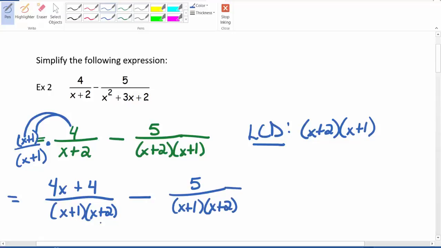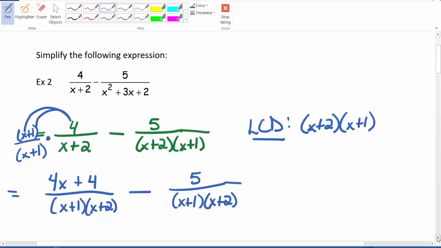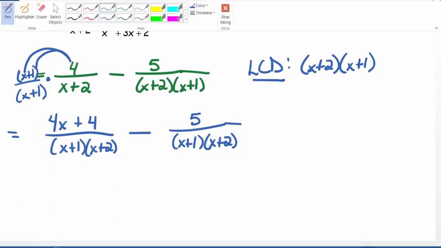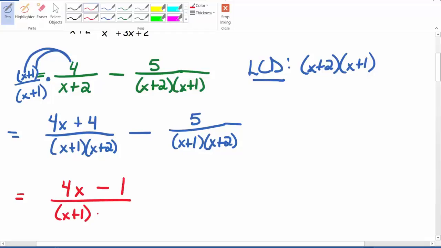And now we can see that they do have that same exact bottom, so we can go ahead and subtract the tops now. Looks like nothing can be combined with that 4x, so we still have 4x on top. We have positive 4 minus 5 comes out to be negative 1, divided by x plus 1 times x plus 2. Looks like we cannot factor out the top at all to see if something can cancel,